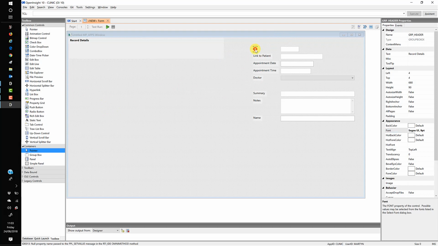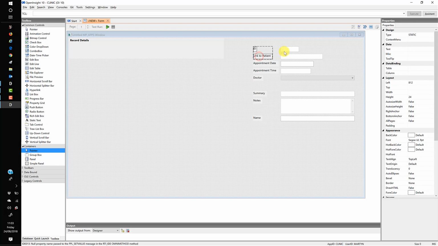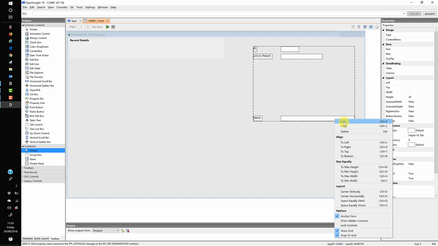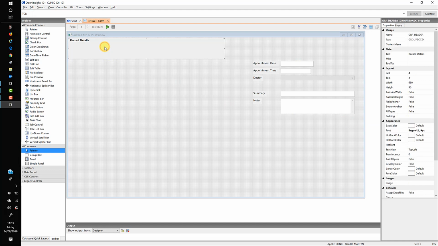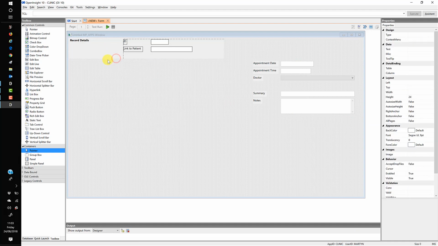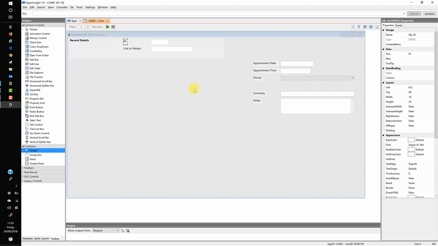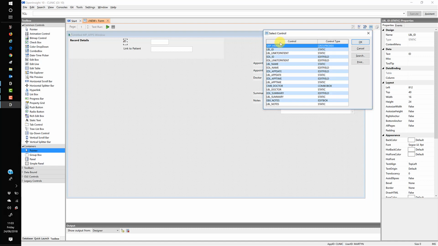Then we will grab the ID, link to patient, those controls, and we'll also have name and that one. So if we do a cut and we do a Control-Paste, then we can drop those controls on there. Now a couple of them, as in the name one, is off the bottom there. I'm not going to worry about that for the moment too much, because what we'll do is we'll go into search for those controls, and then if we find the label name,